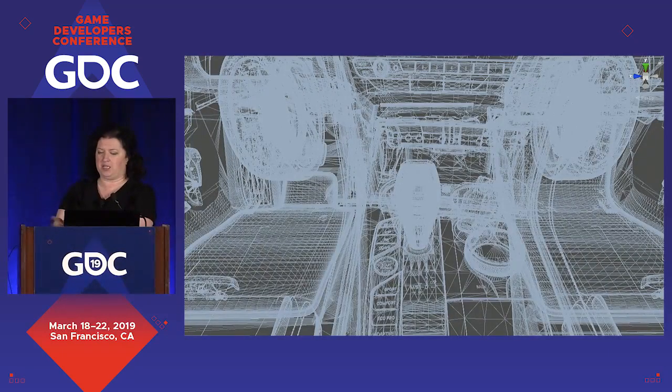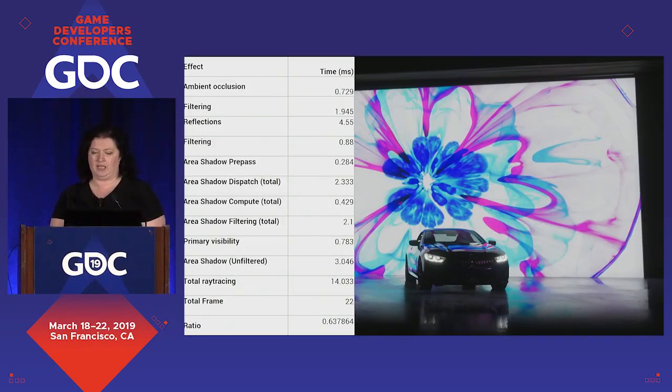And so this is just an example of the density of the geometry. And the performance numbers, I'll let you peruse them later, captured on a 2080 Ti for this shot that you've just seen. As you can see, reflections take about 5 milliseconds, which is where we spend our bang quite extensively. And the ray tracing itself is only 14 milliseconds. So it's not bad despite the fact that it's a heavy polygonal model with an enormous textured light.